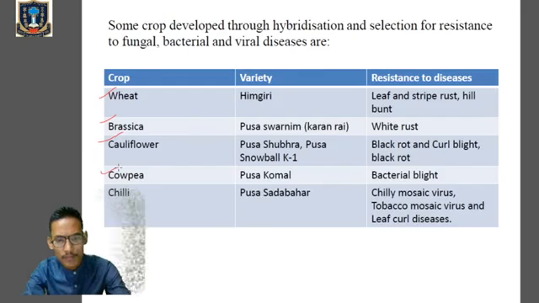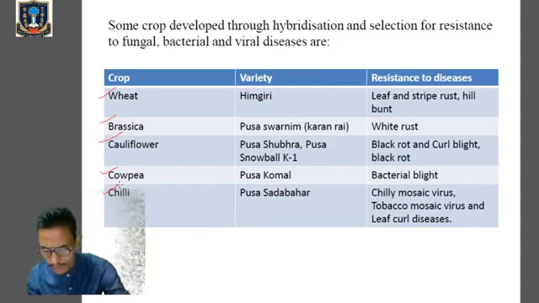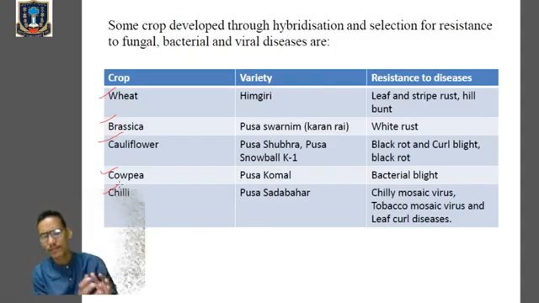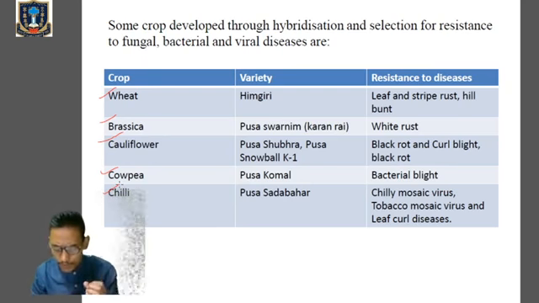Then cowpea. Variety Pusa Komal. Resistant disease: bacterial blight. Then chili, Pusa Sadabahar. Resistant disease: chili mosaic virus, tobacco mosaic virus, and leaf curl disease. So kindly remember the variety of the crop and the resistance to diseases. Okay, so this is mainly constrained in conventional breeding technique. All right, now next one we'll go through the